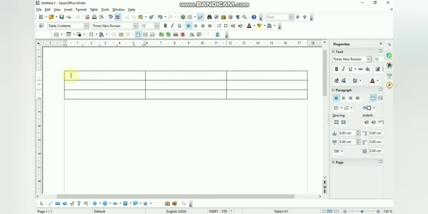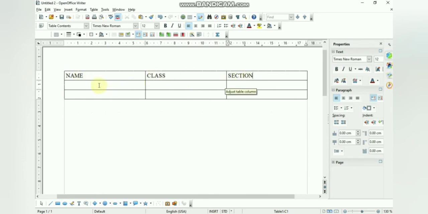Then how to enter text. As we know, to enter text in a table, we have to select a cell, or place the insertion point, that is the cursor, where we want to insert the text, and then we can start typing. For example, in the first cell, I want to type Name. I'm using the Tab key to move to the next cell. Then let us give the Class of a particular student, and next we'll give the Section. So I have inserted new text over here. You can see Name, Class, and Section.